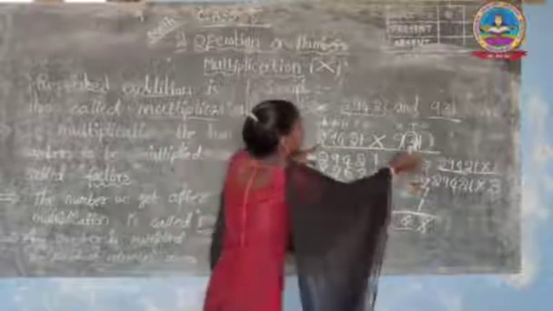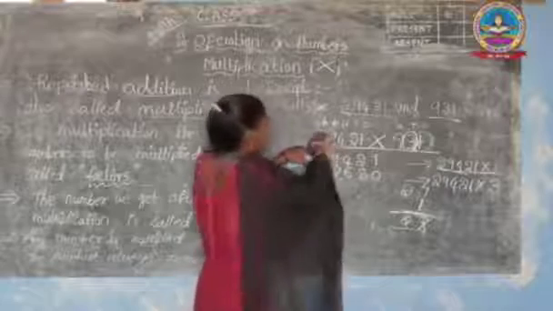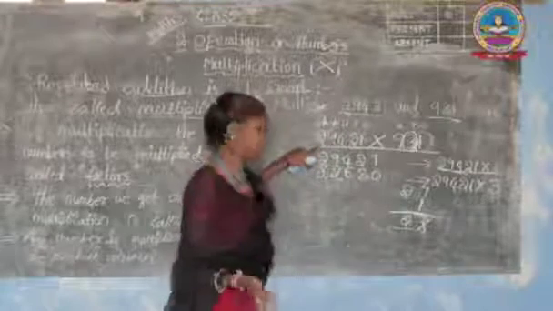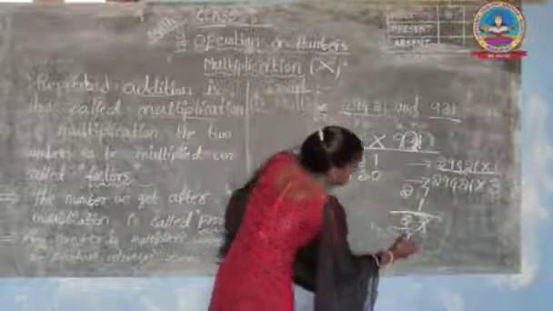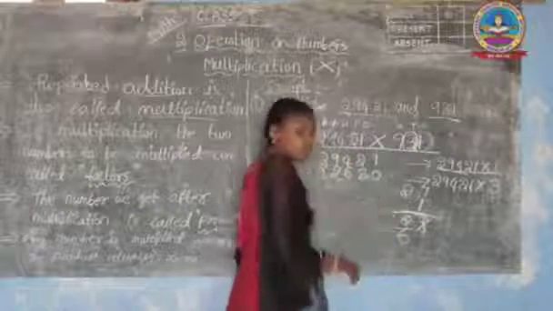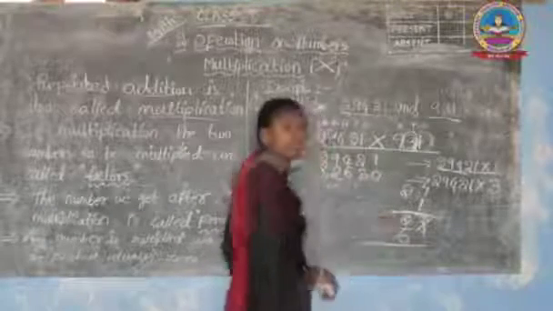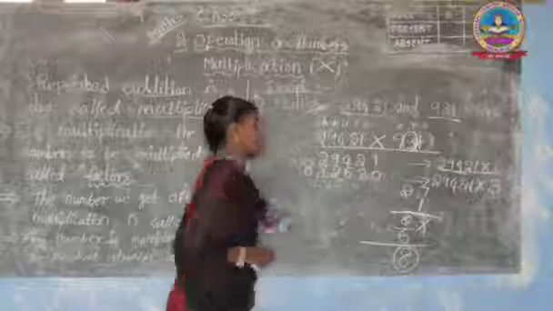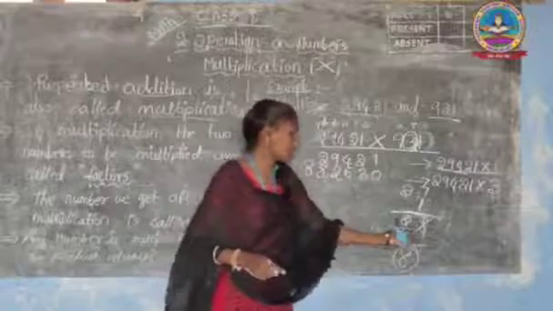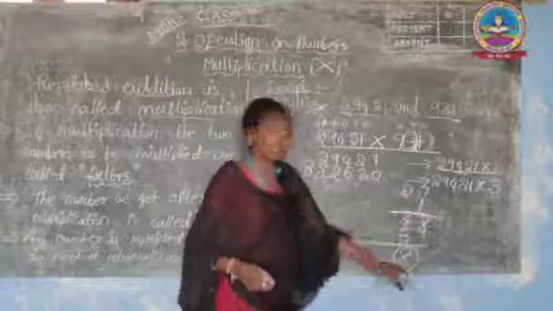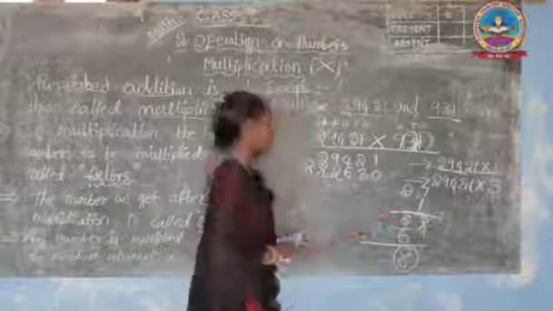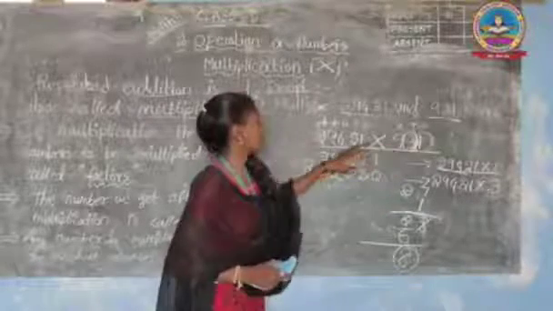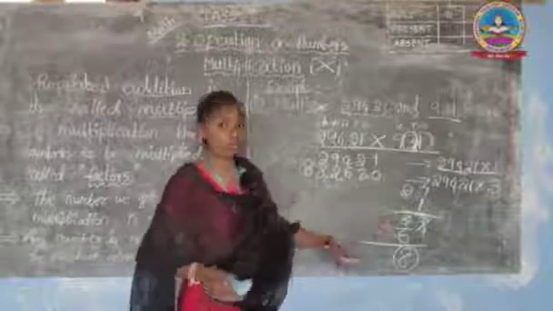Next we will multiply the 2 ten-thousands by 3 tens. So 3 twos are 6. Let's add 6 to the 2. 6 plus 2, yes, 8. So write this 8 directly. 8 is a single digit number, so there is no regrouping. This is the second partial product of 3 tens and 29,421.